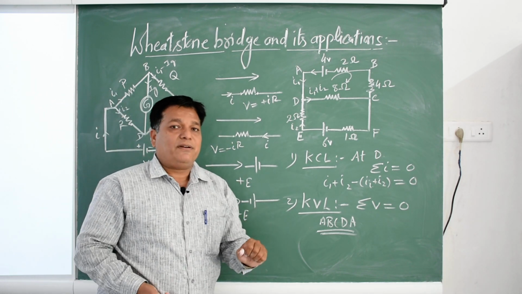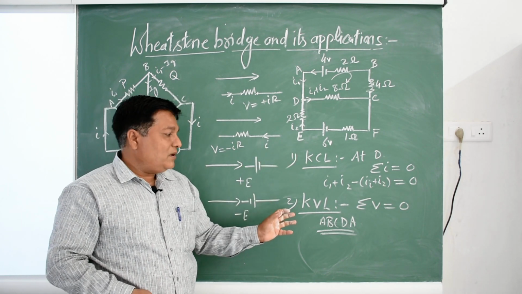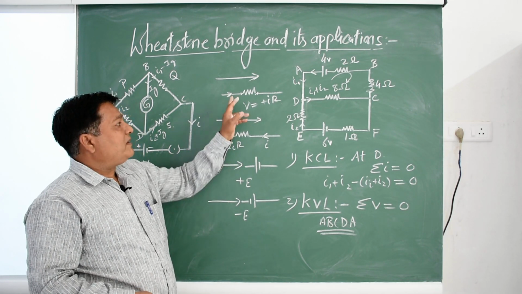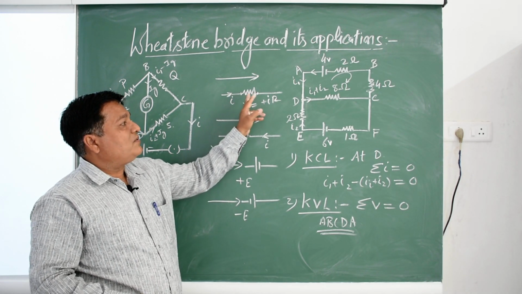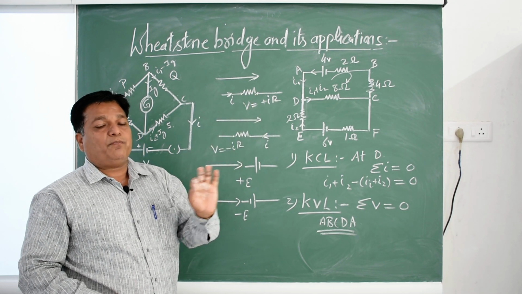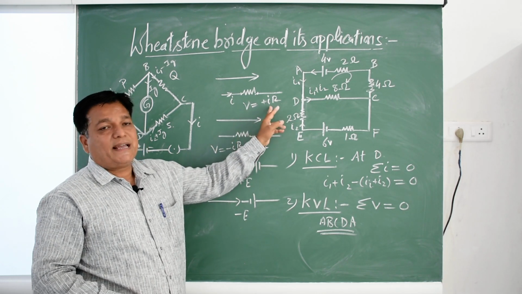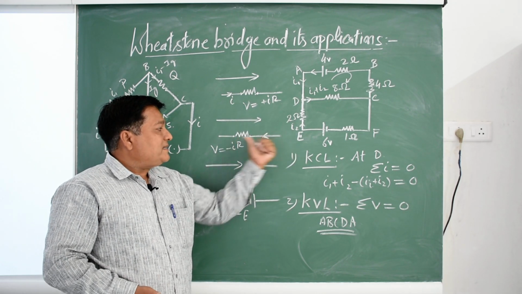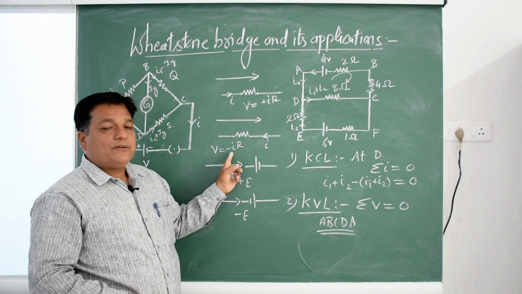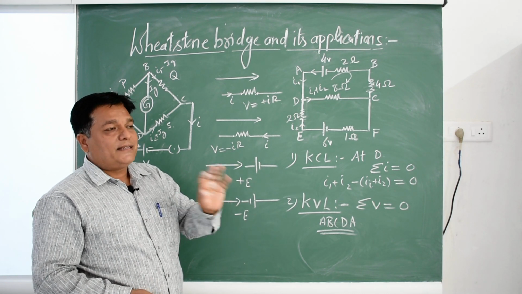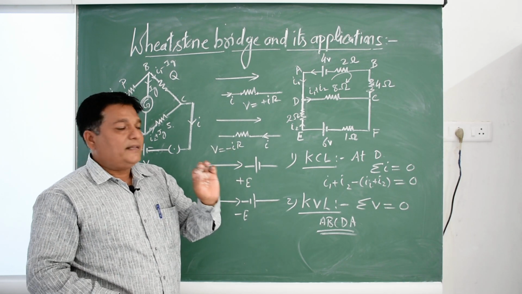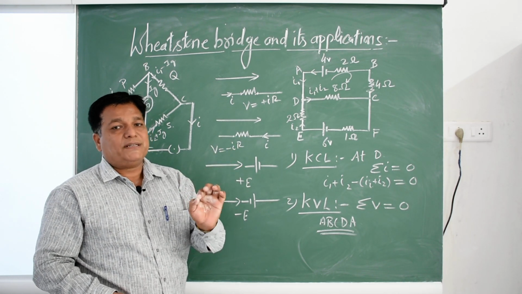Different references have different techniques of solving this type of voltage law. Sometimes in some books, whenever the current passes through a resistance, they assume a potential drop and consider it as minus IR, and when the current is in the opposite direction of the calculation, they consider it as positive IR. So different techniques are there. Those techniques are also correct, and this technique is also correct. We follow whichever is convenient and easy for you.